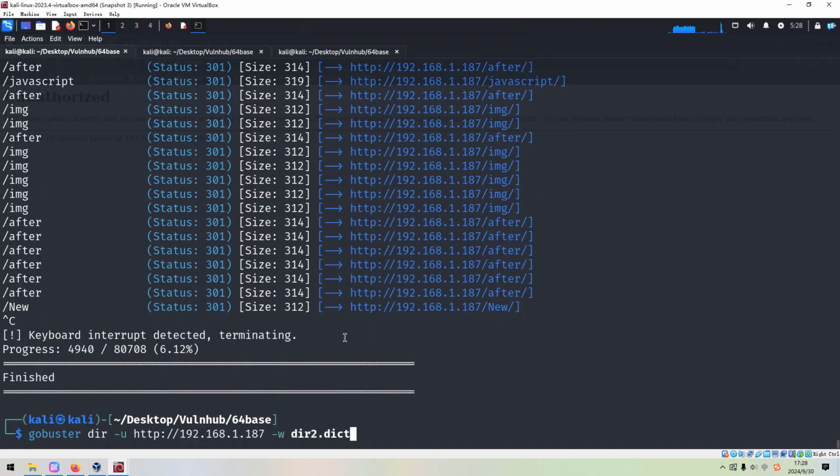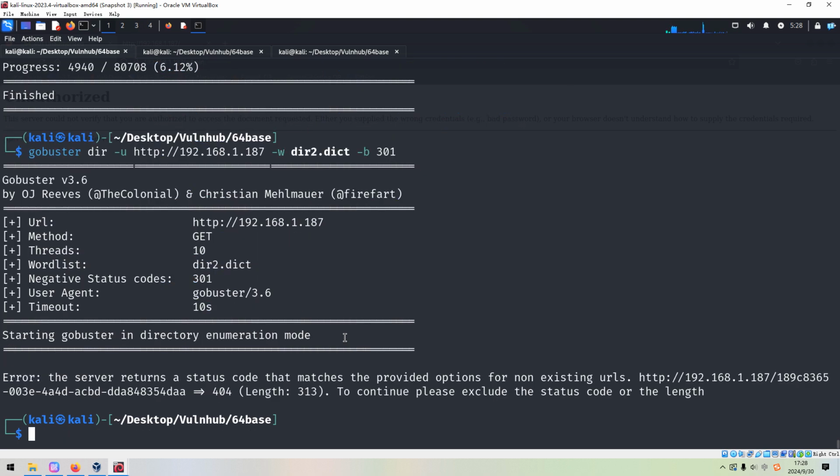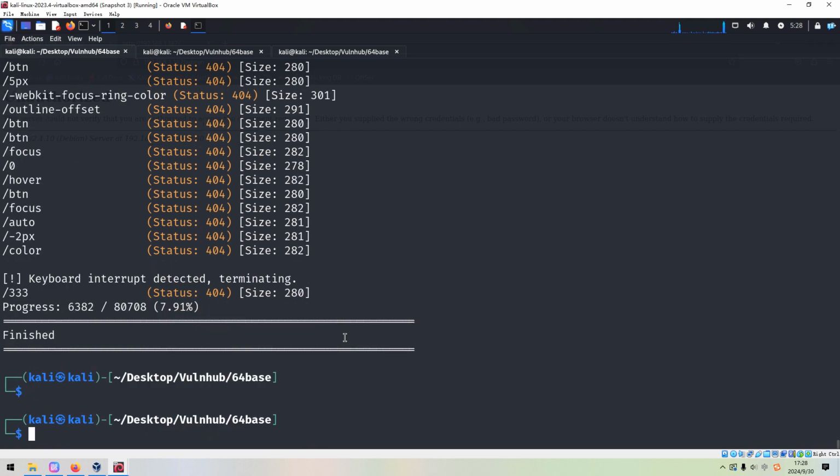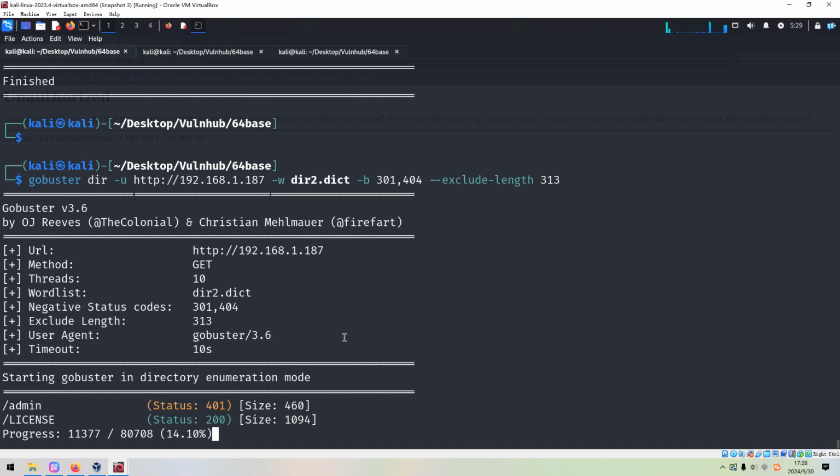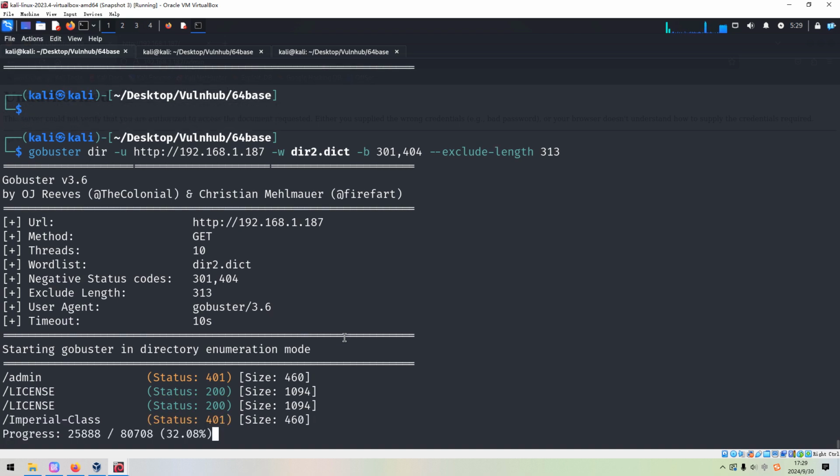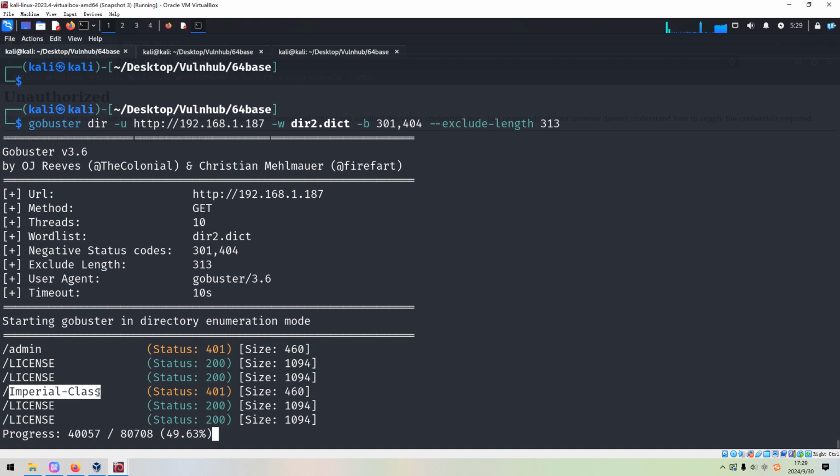Then I think we can put some filter like 301, and also we need to put the exclude length. Press enter. Also we need to put another filter, 404, to see whether we can get something. As you can see, we get another directory.